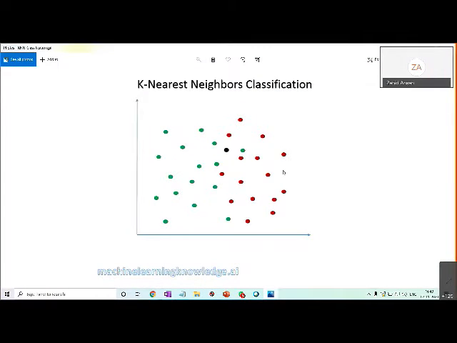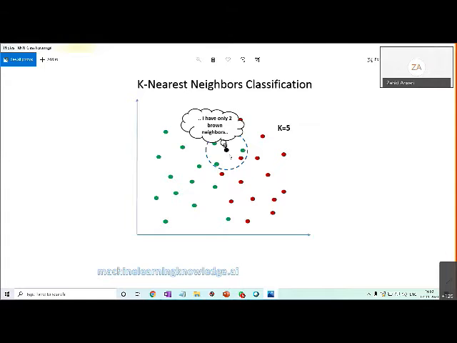See, in KNN, we have two classes of points over there, and a new point came that we want to classify. So these brown classes and the green classes. If k is 5, it finds a set of 5 neighbors. We want to classify this black point into brown or green. So it finds the 5 nearest neighbors. Out of that, the majority is green, so it will change its color to green.